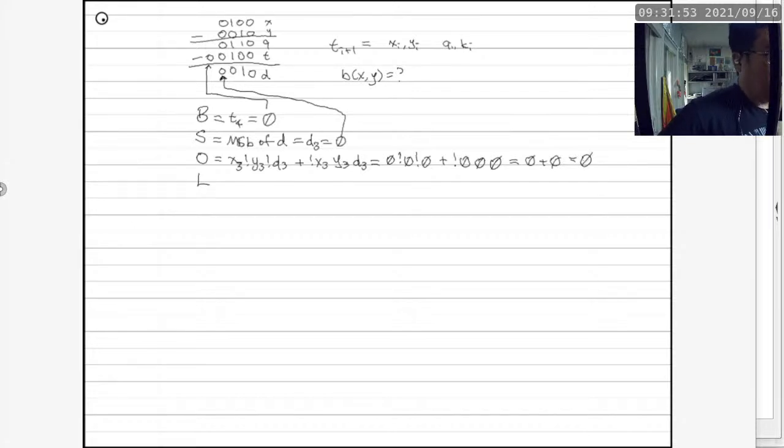Y3. Okay, so when people ask questions like Y3, you have to tell me the context, because we have a bunch of 3's in the equations. Which 3 are we talking about, or are we talking about all of the 3's? And Ashton is correct. They are referring to the most significant bits.